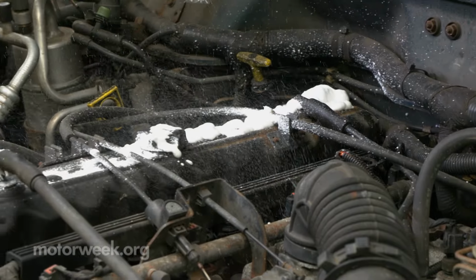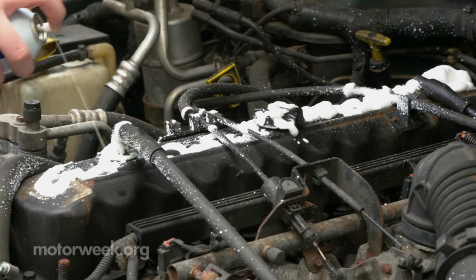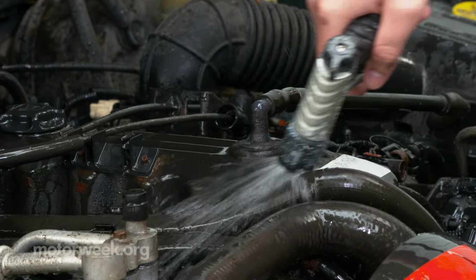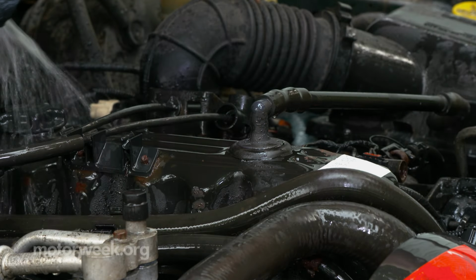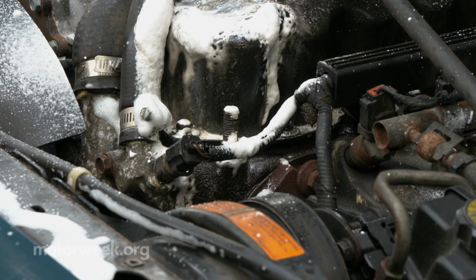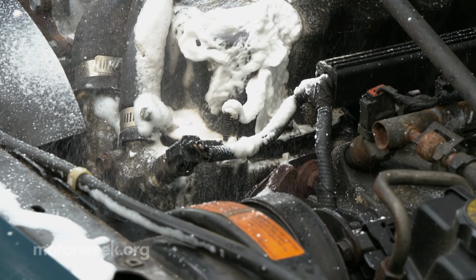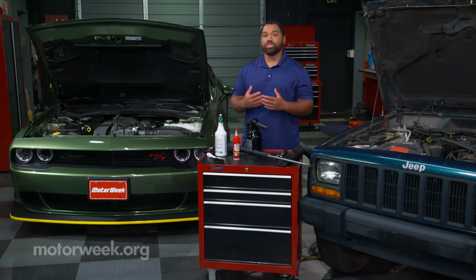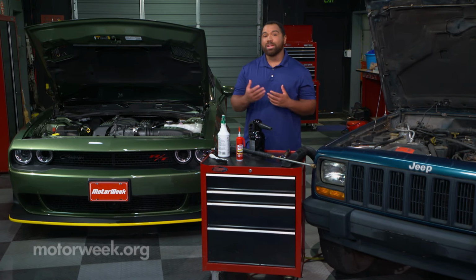Engine degreasers are popular and effective. You spray them on, let the chemicals soak for a bit, and then rinse them off with the bare minimum of water using a mist setting. As with any chemical used around your car, you have to read and follow the labeled directions. In most cities and states, there are rules for disposing of used automotive fluids, and that may include the residue